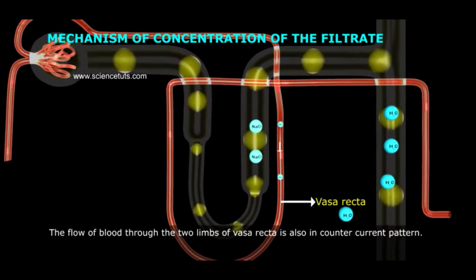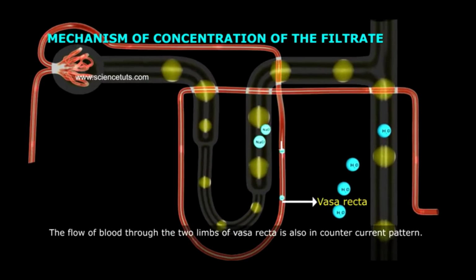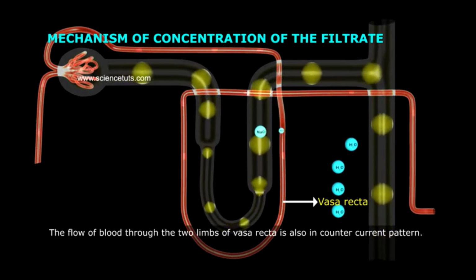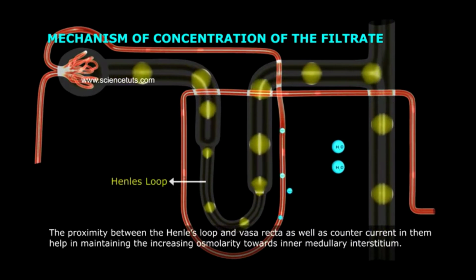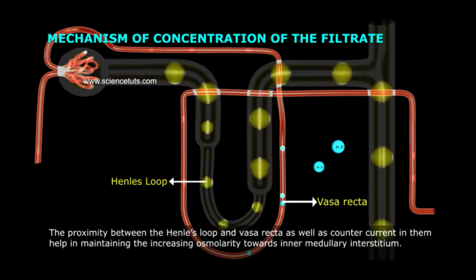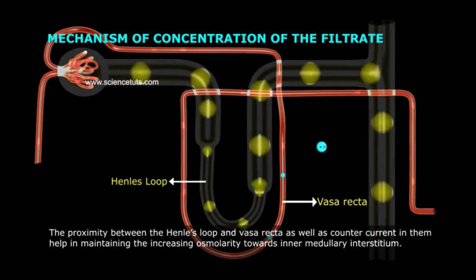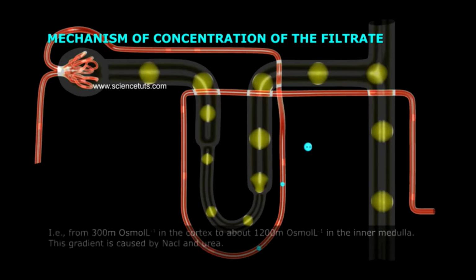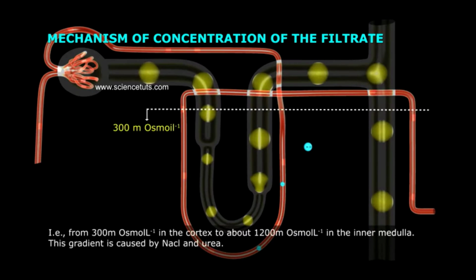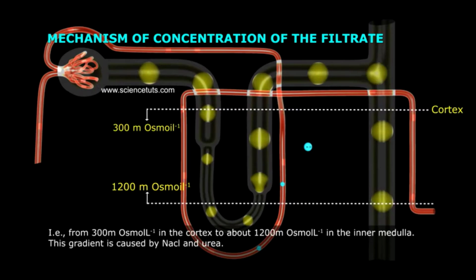As this hypertonic blood moves towards the ascending limb of the vasa recta towards the cortex, solutes diffuse back into the interstitial fluid and water diffuses back into the blood, making it isotonic. Under normal conditions, the vasa recta carries away only as much solute and water as it absorbed from the tubules. In this way, the high concentration of solutes is established in the interstitial fluid and the countercurrent mechanism is maintained.